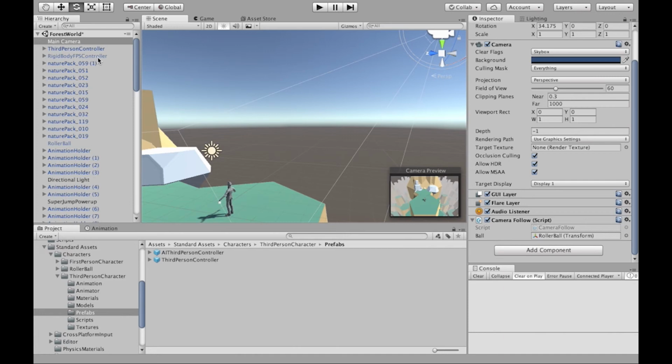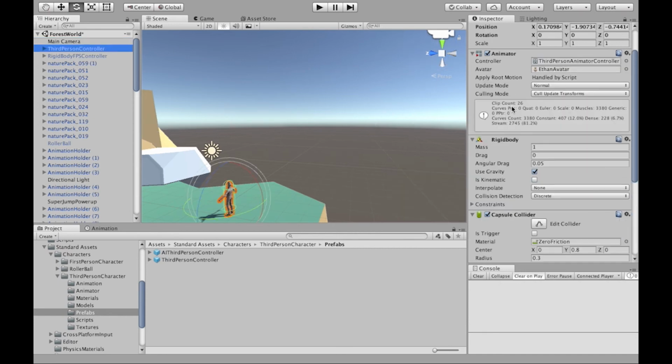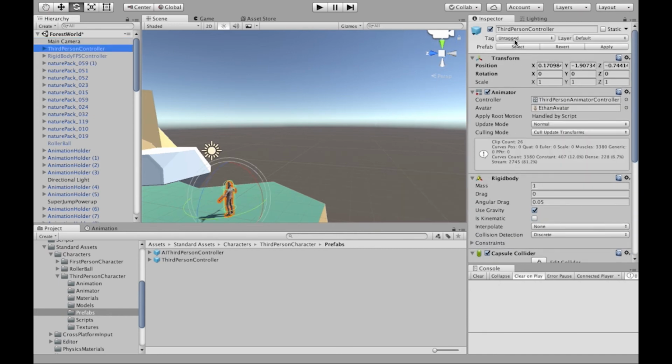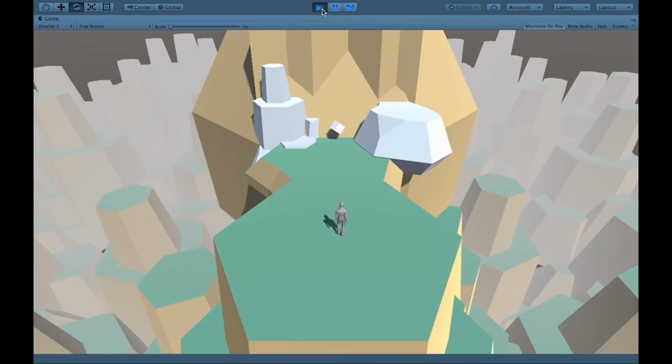following our player, so I would maybe drag our third-person controller into the ball component of camera follow. Not the best name, maybe target would have been better, but I'm going to drag the third-person controller in, and I'm going to do the quick check that we did before. Click on third-person character and see, not tagged as player, so we're going to have the same issues as previously. So I'm going to tag it as player,